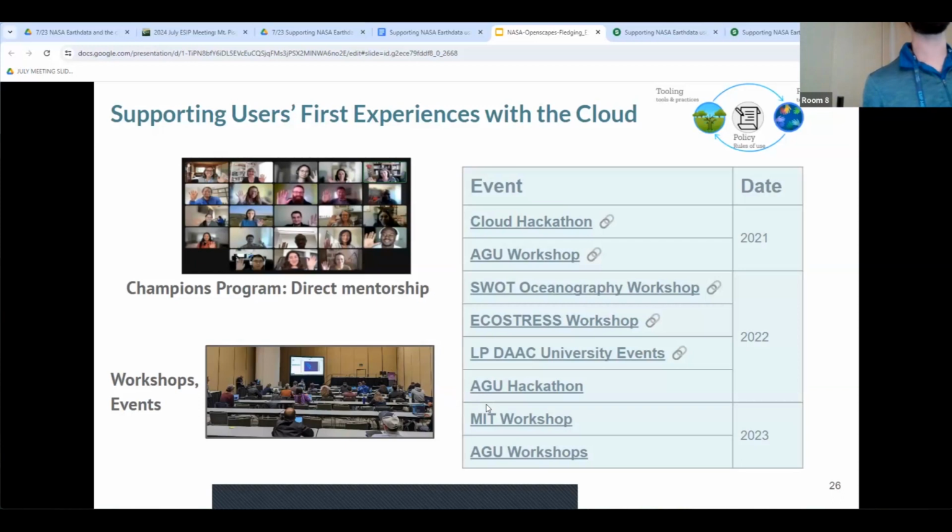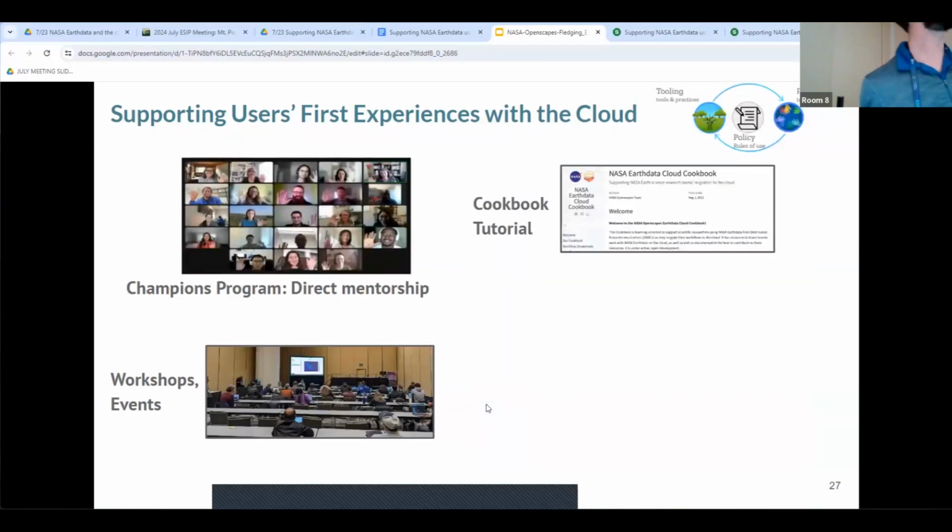to reach into various different user communities across different data centers. You'll notice a couple of different data centers here: LPDAC, the Land Processes DAC, then the AGU community, SWAT, and one of the mission-focused ones, and so on. In addition to those, the Champions program and the workshops, another place that really is both tools and people and rules of use is